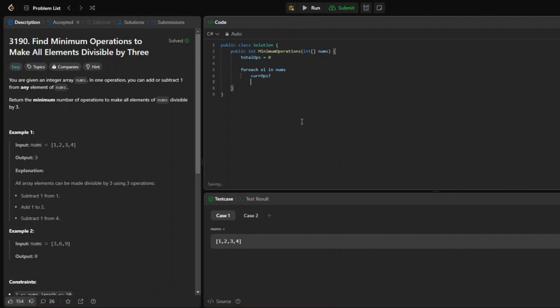So how do we calculate the number of operations for one element? If the element is already divisible by 3, we don't need any operations, so the current number of operations for our element is 0. But if our element is not divisible by 3, we can have the remainder 1 or 2. We cannot have remainder 3 when dividing by 3